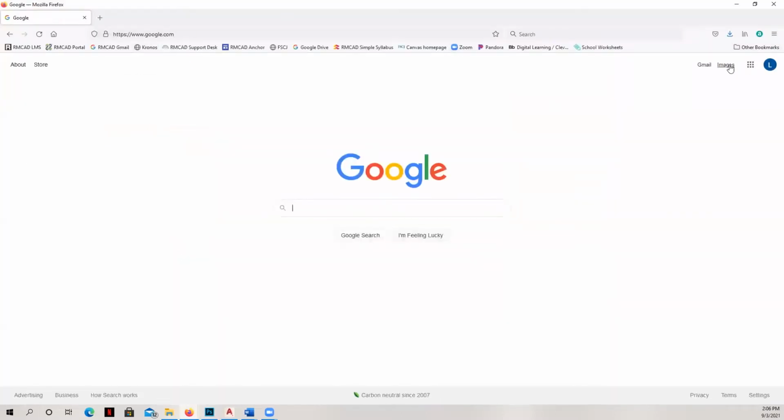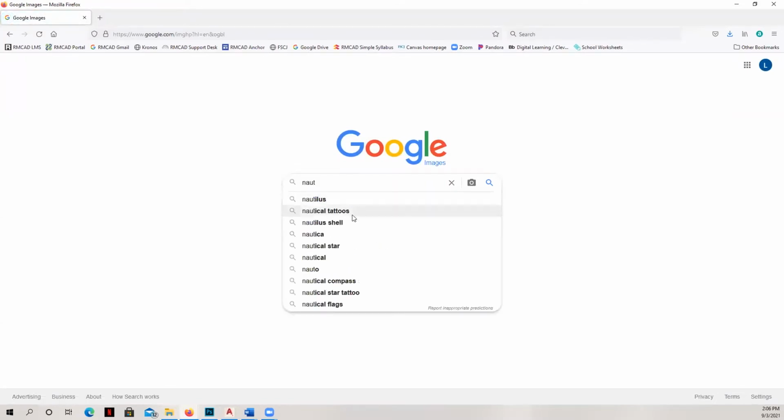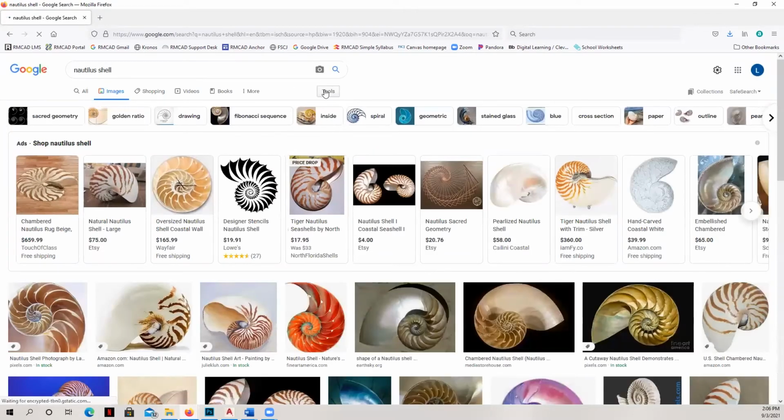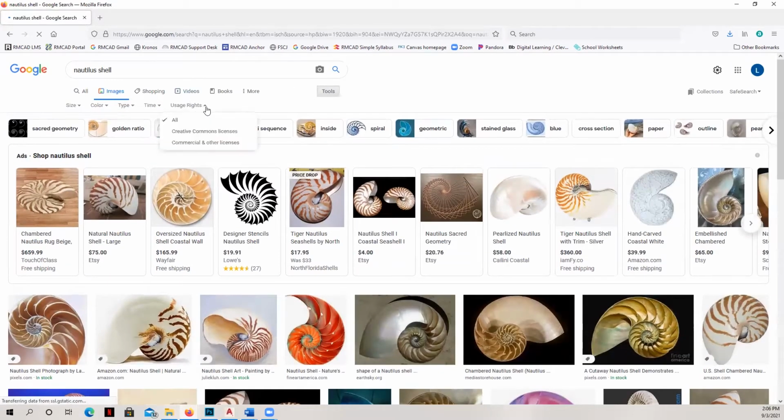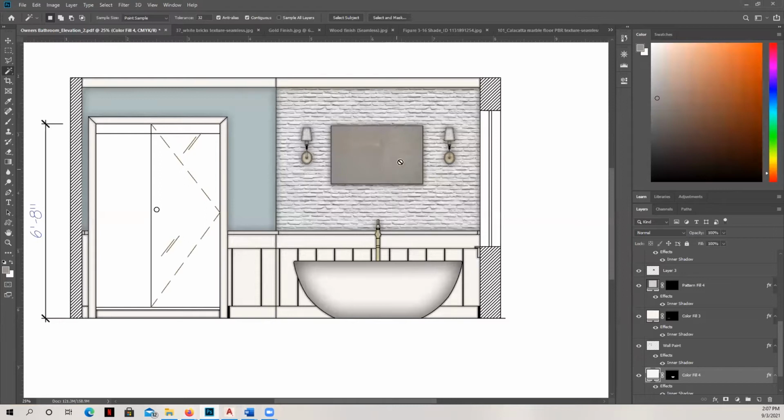So if I go to Google Images, and let's say I want to have a Nautilus shell, then a bunch of images will come up, and I can go to Tools here and Usage Rights, and Creative Commons licenses are the ones that I want to use. And so you can see there's a bunch of images here if you need them, and you're allowed to use those. So in any case, I have a very basic kind of unique fossil shell that came up,